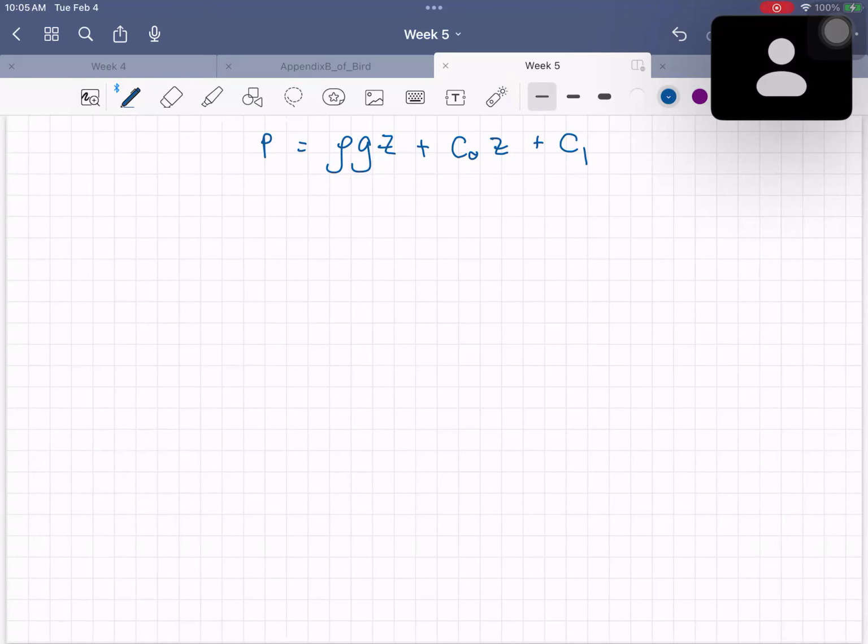What would be the next step to solve? Boundary conditions, all right? How many boundary conditions do you get? Two, right? That's good. What will be the first one? So you can see that pressure is a function of Z, right? So you need to find the condition at Z equal to,